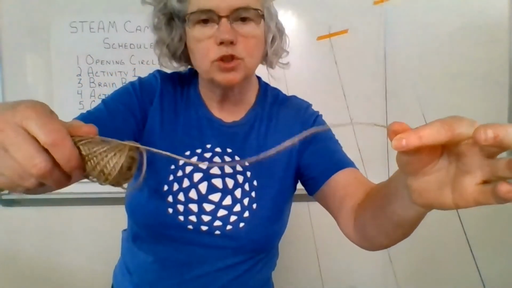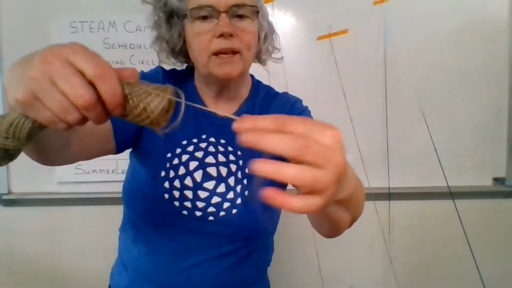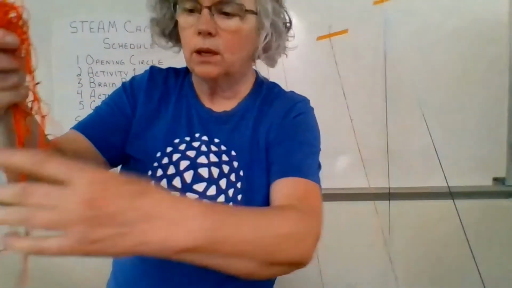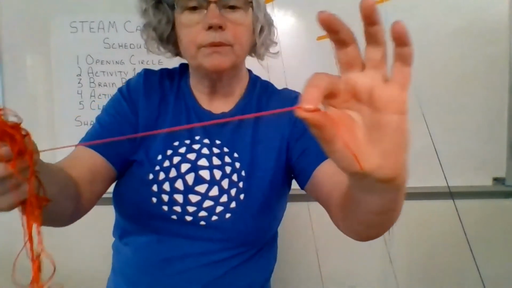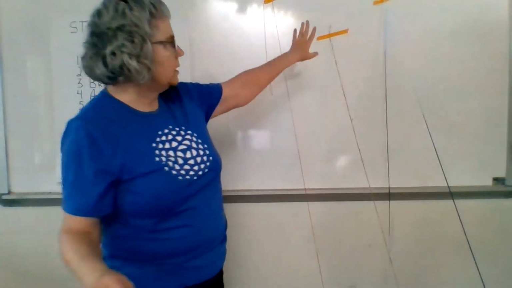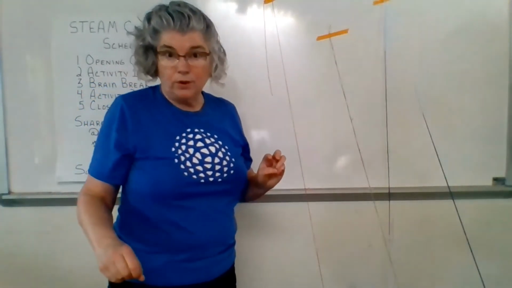See, this was the string. Because it has these rough edges, that makes it have more friction as opposed to the red one. The red one is all shiny and slippery. See, it's very smooth. So that makes it happen and makes it a lot different. So those are zip lines.